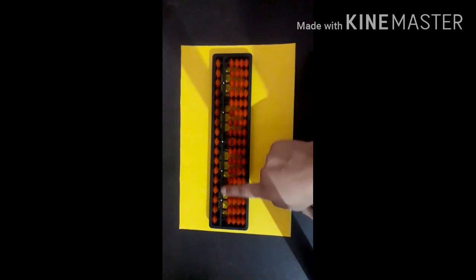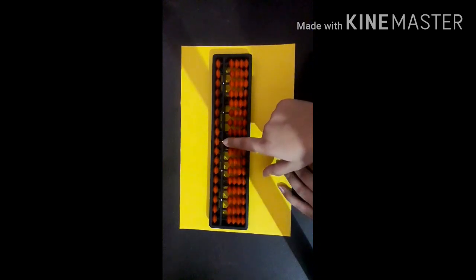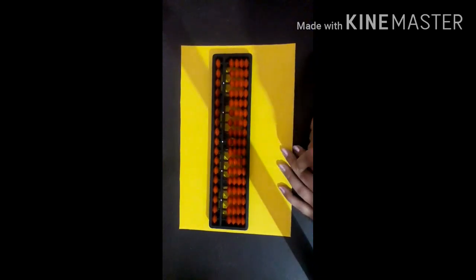See, there are 5 dots in this abacus tool. 1, 2, 3, 4, 5. The mid dot. This is the mid dot. And this mid dot rod is called the units rod. Students, can you see it clearly?